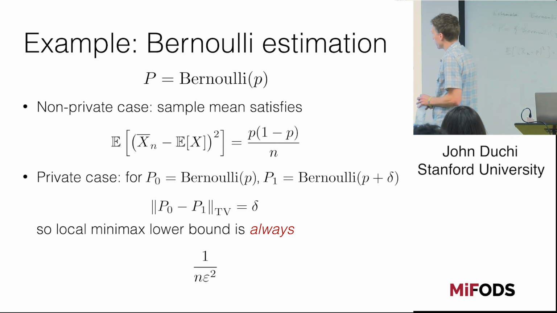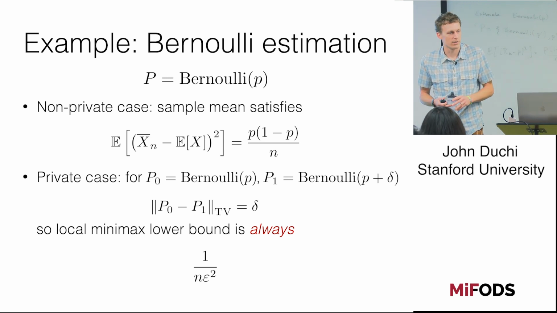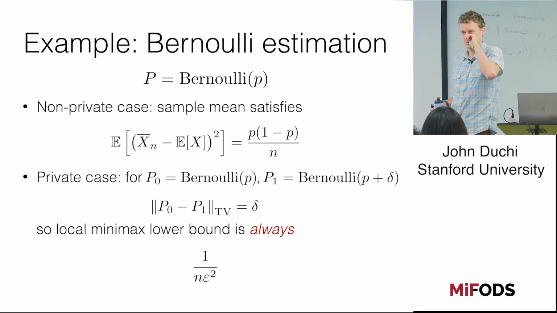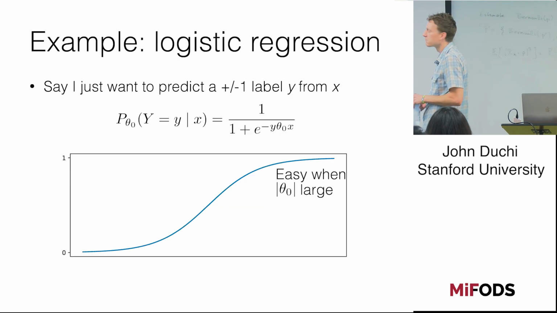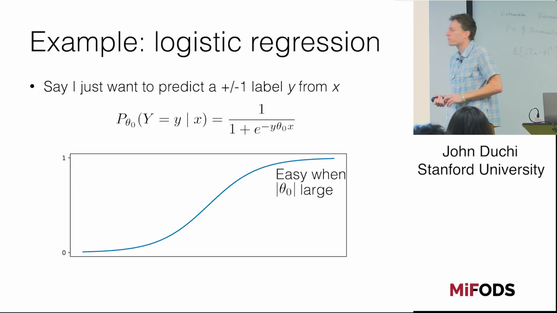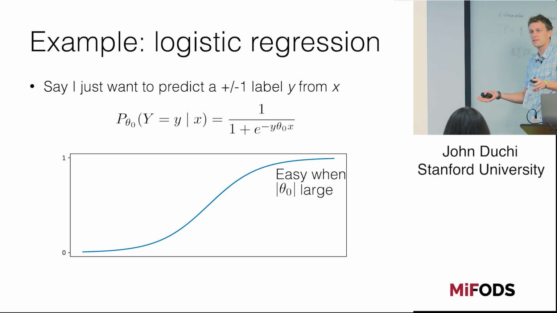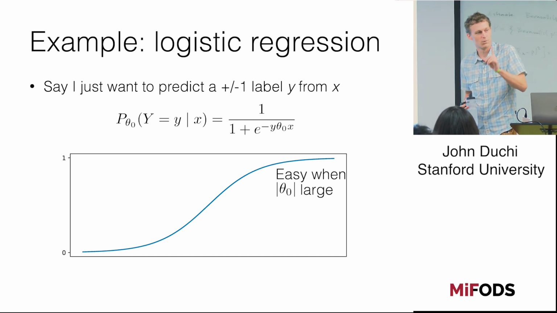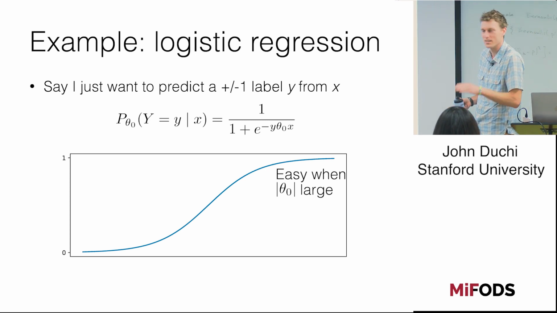Now let's suppose you're a large internet company and you want to fit a classifier. We know from deep learning that it's really easy to get very highly accurate classifiers, and so we should be able to do it. OK, let's do a logistic regression problem. I just want to predict the label plus or minus 1. We're going to do a one-dimensional logistic regression problem. These are pretty easy, right?